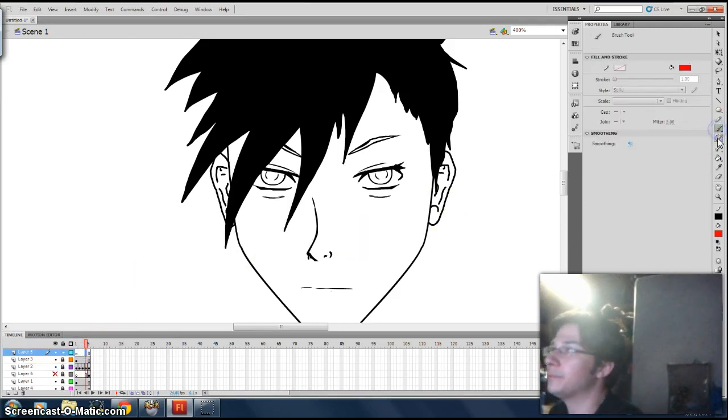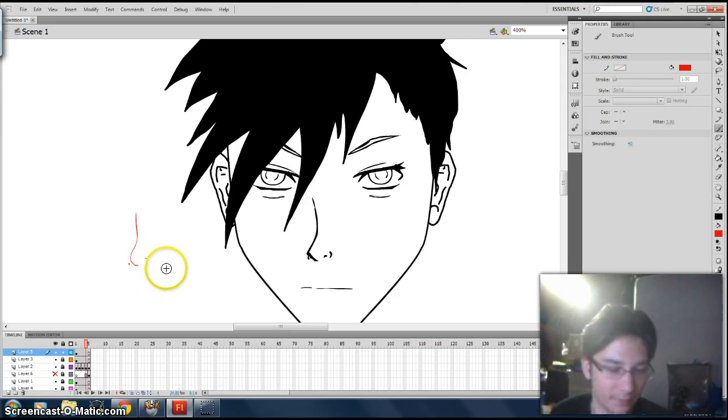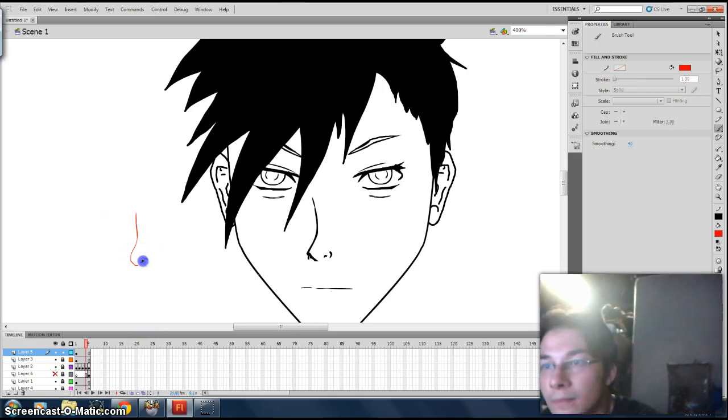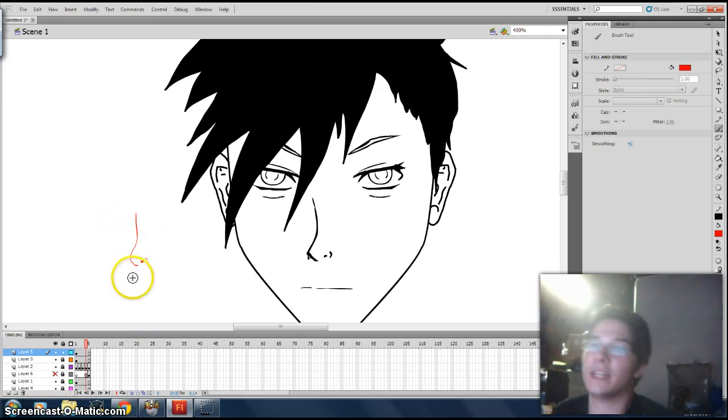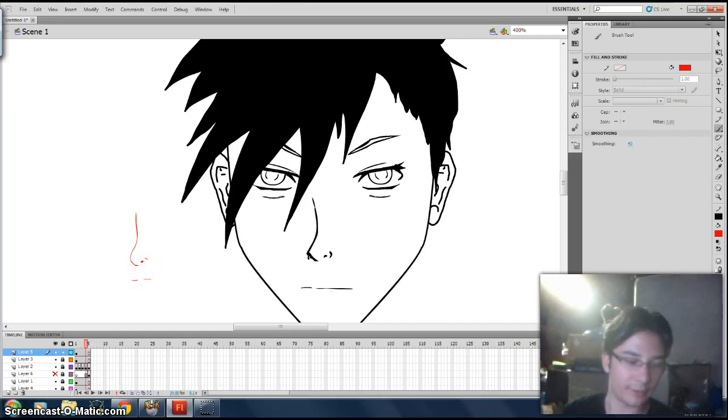Then the fourth nose is showing how, when you do angles, it really makes a difference on what kind of character you're drawing. Now, if I'm doing more of a round sense of nose, the character is more, I don't know how to